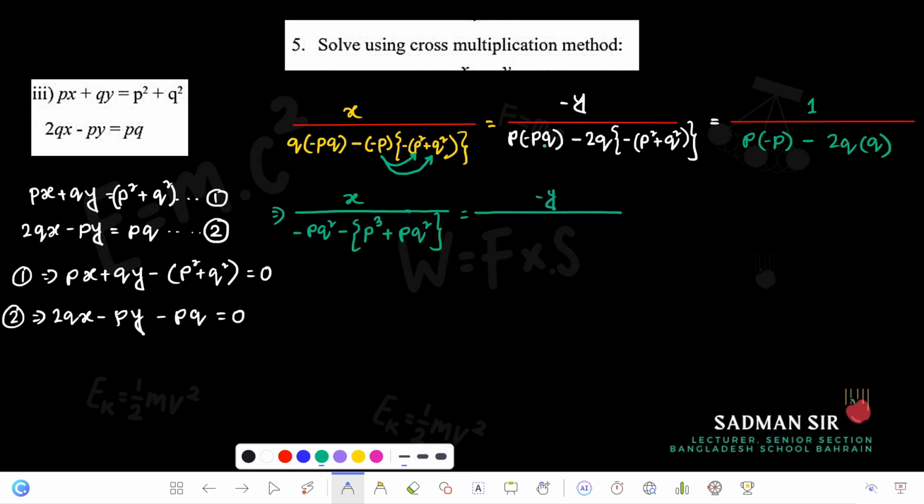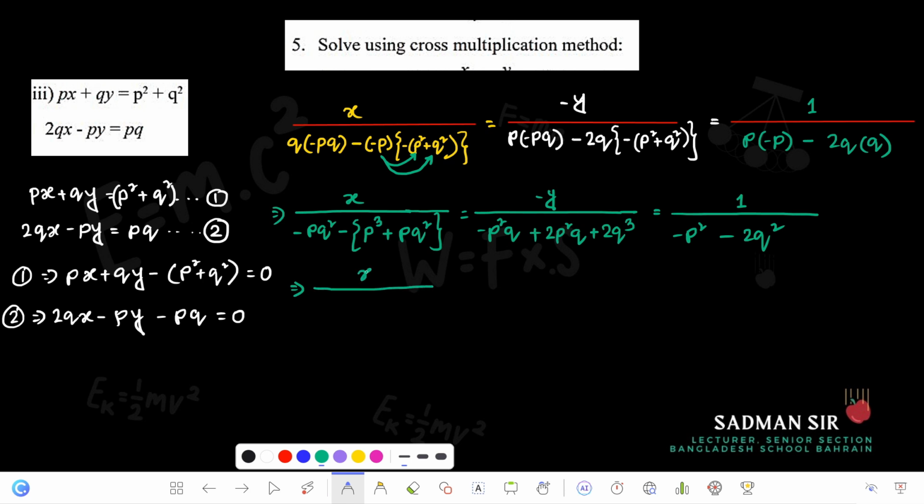Then minus y, p into pq, it is minus p square q, minus minus, it will become plus. So 2q into p square, that is 2p square q. Then 2q into q square, that is 2q cube. Okay, remember this minus and this minus, minus minus, it becomes plus, equal to 1 divided by p into p square, and it will be minus because plus minus is minus. Then minus 2q square, minus 2q square. Okay,